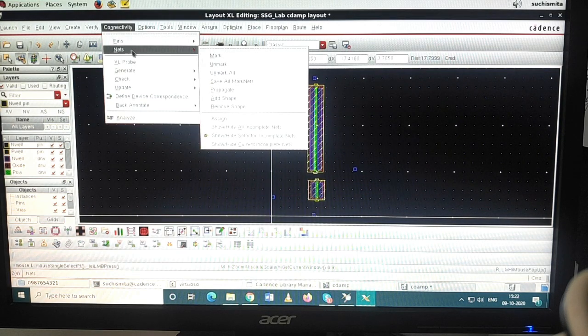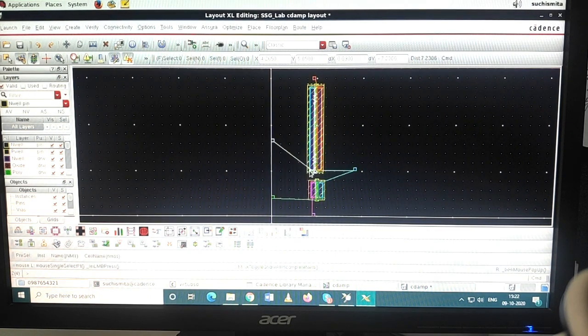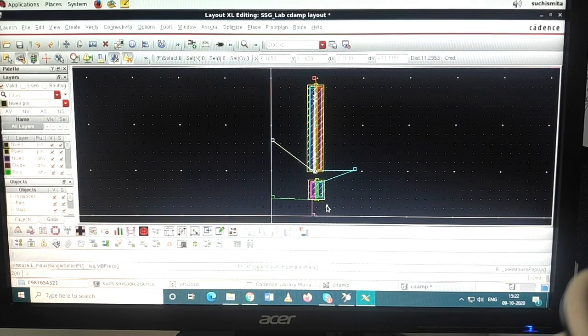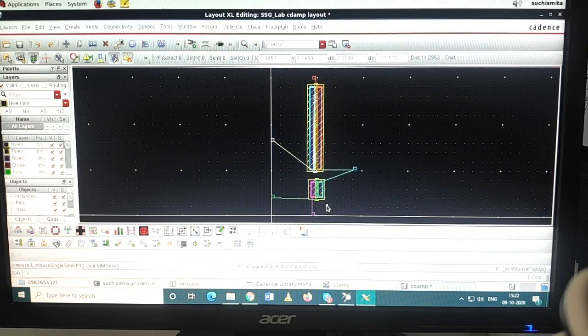Now connectivity, nets, show or hide all incomplete nets. So now Cadence is directing that you need to connect this to that. Okay, so now